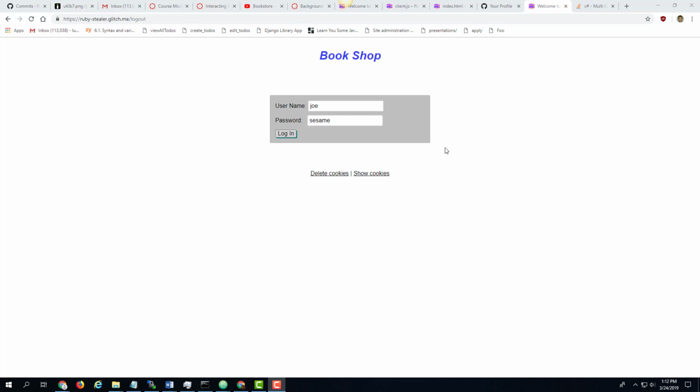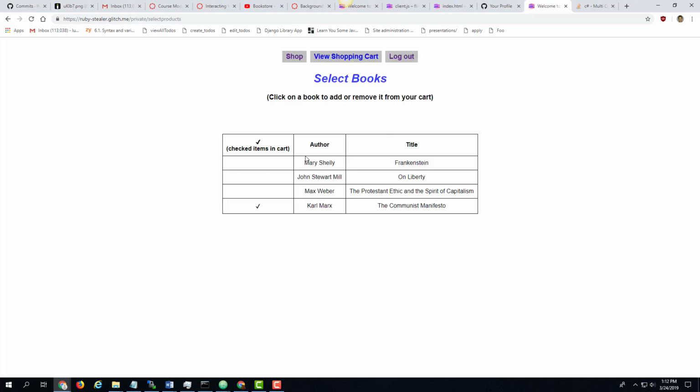Hi folks, in this assignment we're going to be building a little bookshop. So you have a little login page here, and you can put in a username and password, and if you don't put in the right username and password, it has to be Joe Sesame, it'll say incorrect. But now if we log in with Joe Sesame,